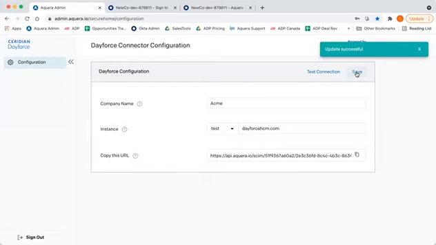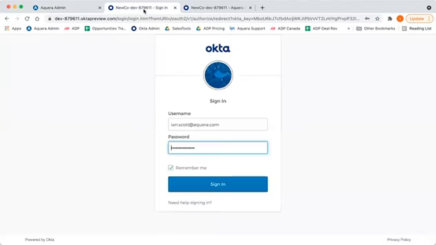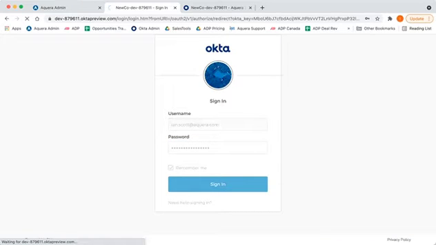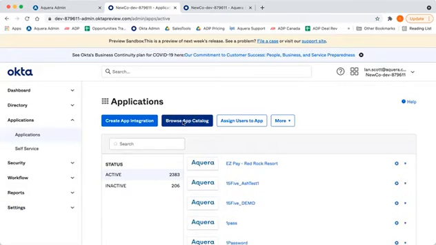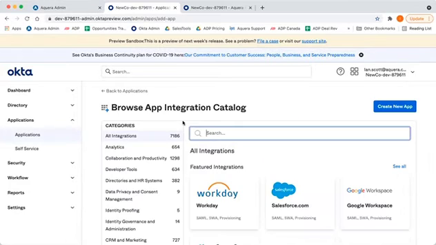Now, once I've saved this, the rest of the setup is going to take place within the Okta UI. So I'm going to navigate over to my Okta admin portal and I'll log in. And once I'm logged in here, I'm going to add in a new connector, just as I would for any other account provisioning application, right? So I'll come down here to Applications. I'll click the Apps tab. And then I'm going to click Browse App Catalog. And if I search for Ceridian Dayforce,